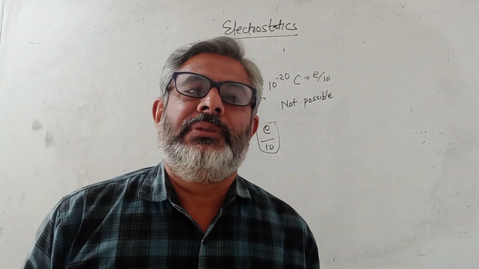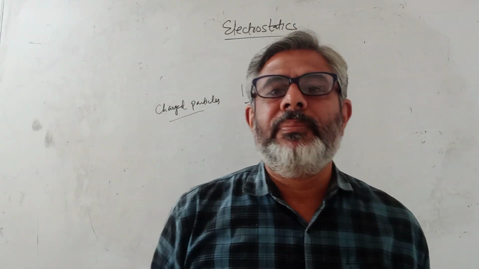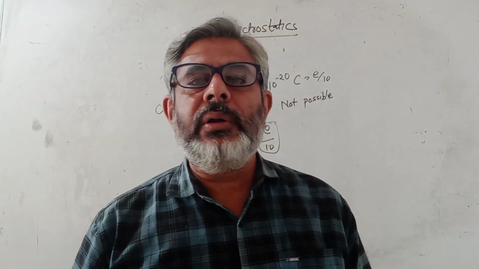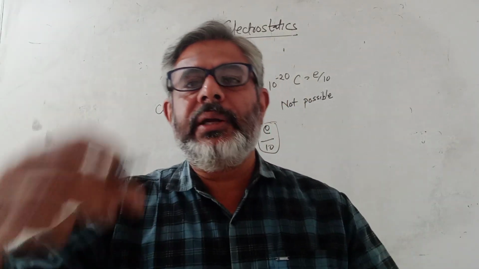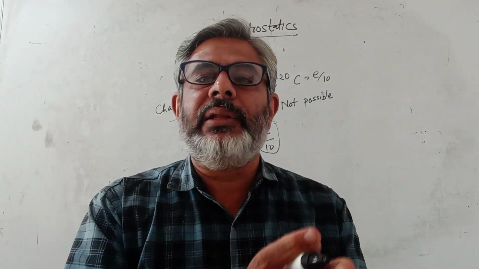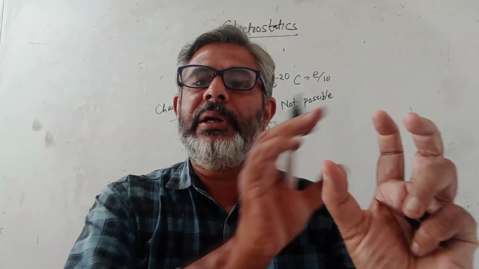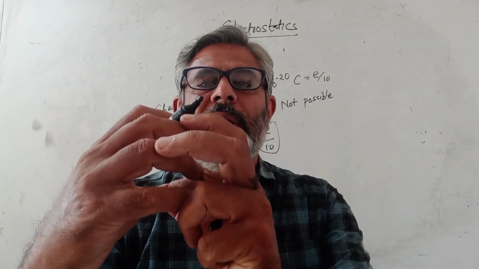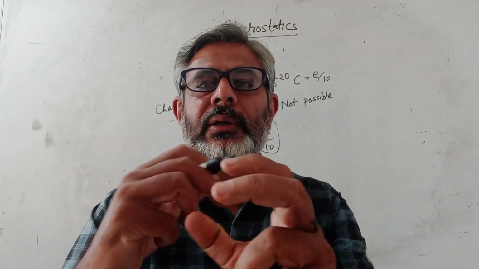Now suppose there is a neutral atom and you remove an electron from this. So I get an electron and a positive ion. You understand this? I get an electron and a positive ion. This is a positive piece of matter, this is negative. When there was one atom, it was neutral.